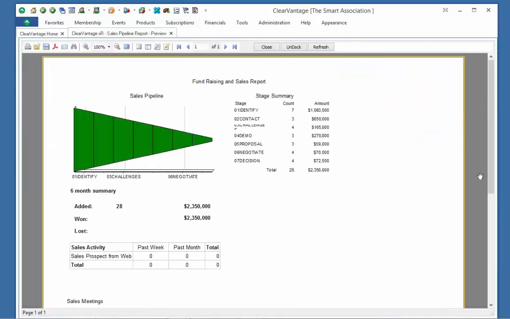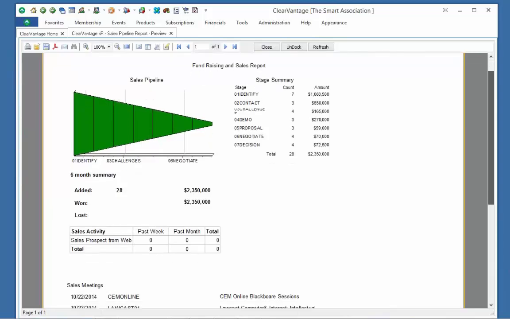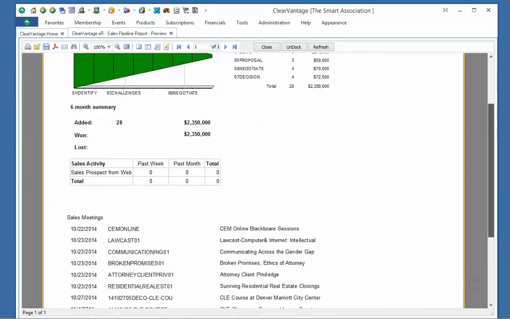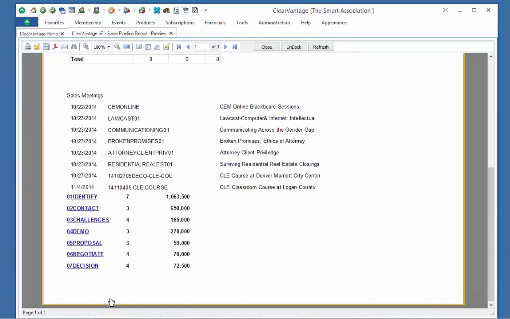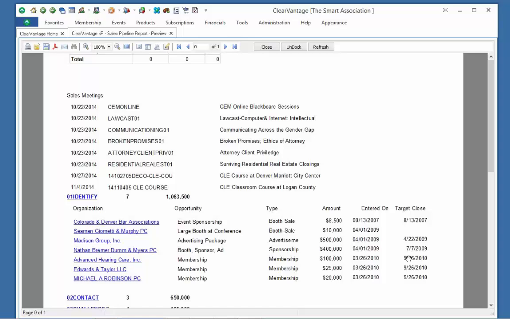Here's an example report where we basically have crosstabs. This is a donation report. Basically, it shows you all the sales meetings you've had for doing donations. What's nice about this, it gives you a pipeline report, tells you how many are in there. And what's really nice about CVXR is that it's bi-directional, and so I can go from any entity in ClearVantage to a report, and I can also go from a report back and open up any entity. And so, for example, if I wanted to find out more about this particular organization,